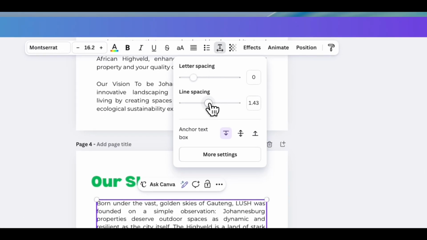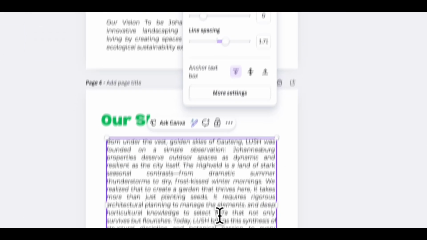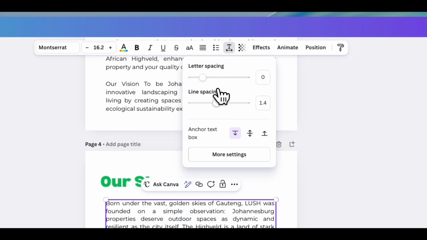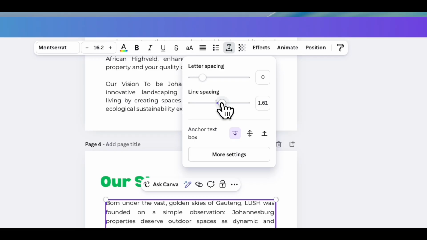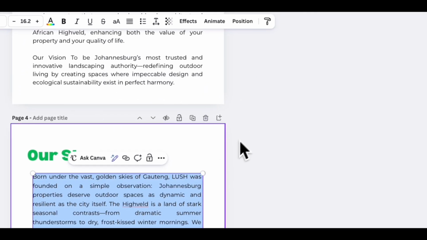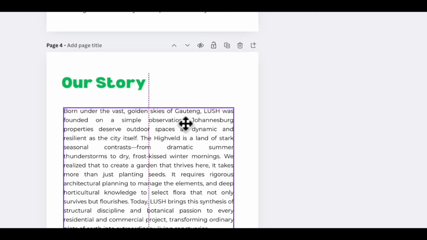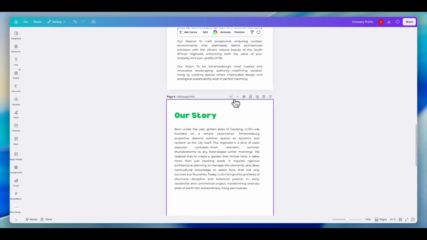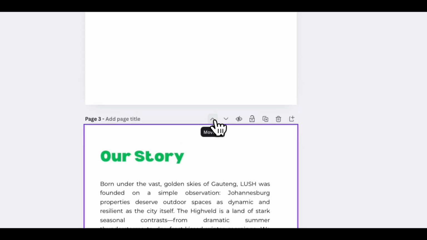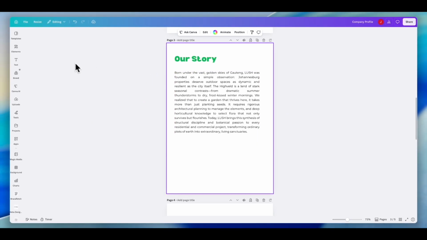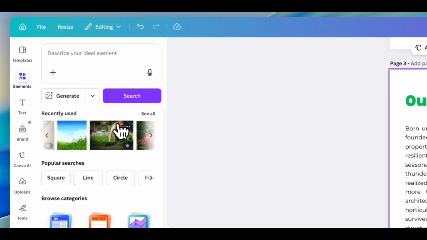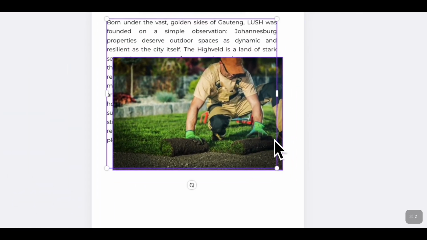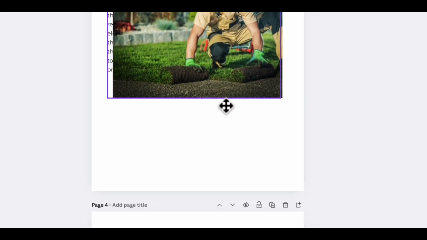Again, I'm just going to make sure the line spacing is a bit more. Select the text first, so it's more readable. Also, something else, I would rather put the Our Story page on top. To do that, you just click on this move up. So you'd have Our Story first. You could also add a picture of your team. So let's, for example, say this is your team or somebody that works for you, a team photo. You can just select it